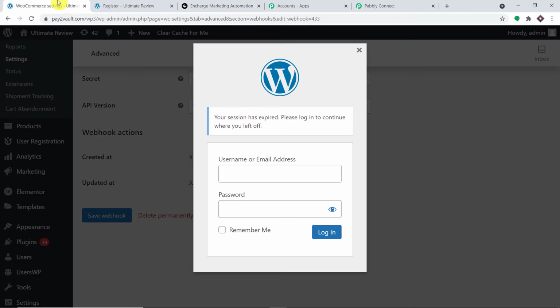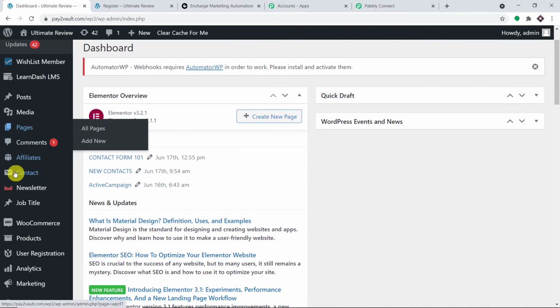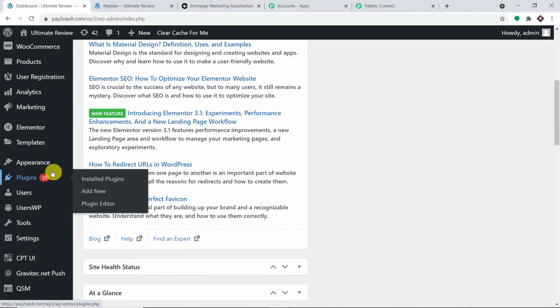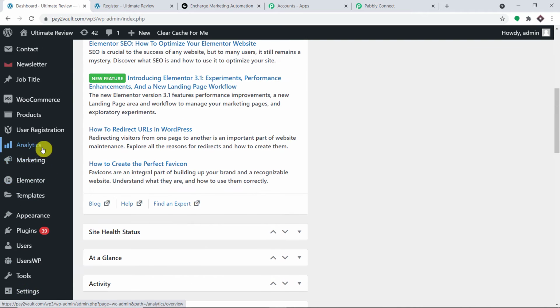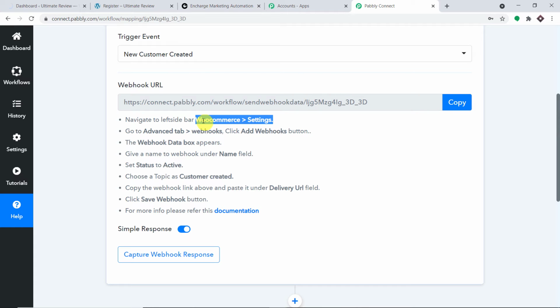Okay. And what I'm going to do here is I'm just going to enter my admin as well as password. Okay, so this is the dashboard of WordPress and let me show you that I have a plugin, WooCommerce, installed in my system. So yeah, as you can see, WooCommerce is already installed in WordPress. And what I'm going to do here is, first of all, click on settings. So this is the part: we first go to WooCommerce and then click on settings.